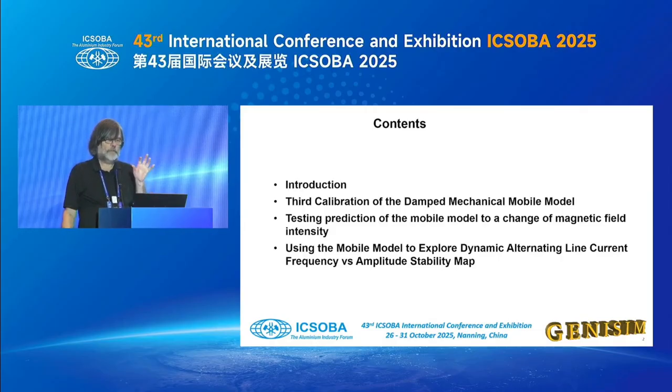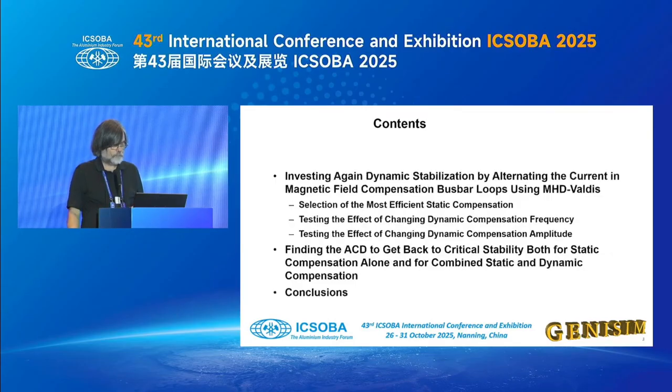Because we have two parameters, the frequency of the oscillation and the amplitude, that's a 2D space. And if I try to investigate this 2D space with MHD Valdis, I would need weeks and months to build a map. So I'm trying first to investigate that with this mobile model that I will present. And then I will go to using MHD Valdis to study the dynamic compensation